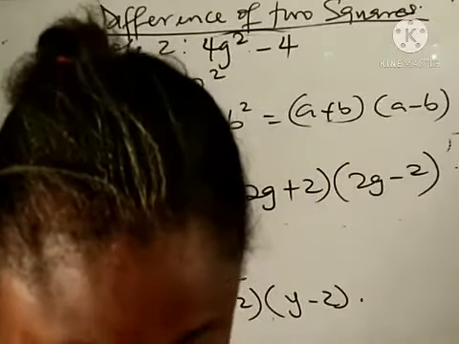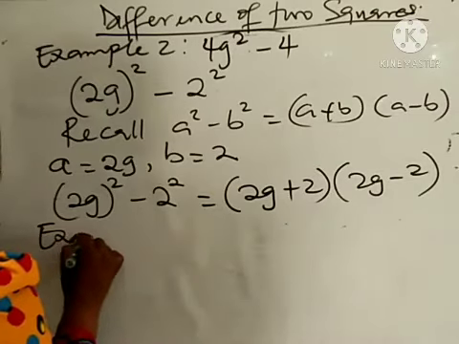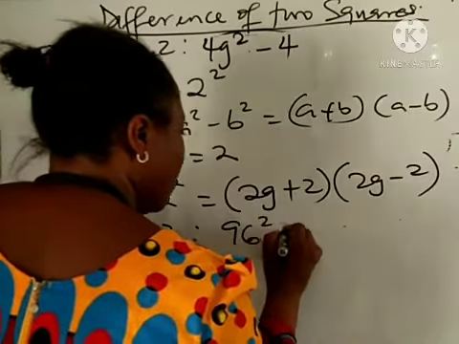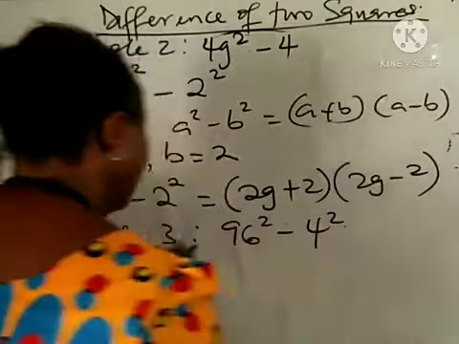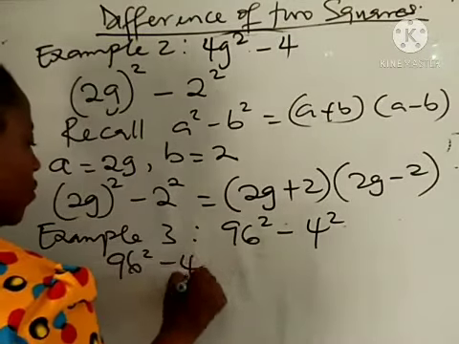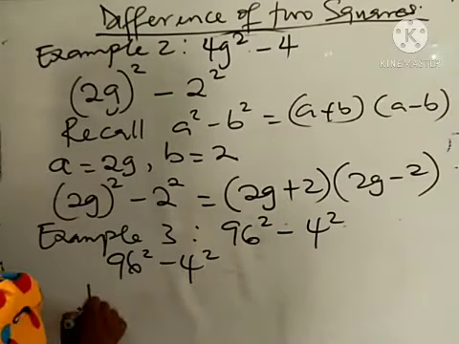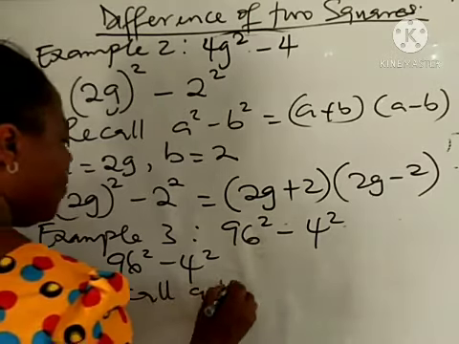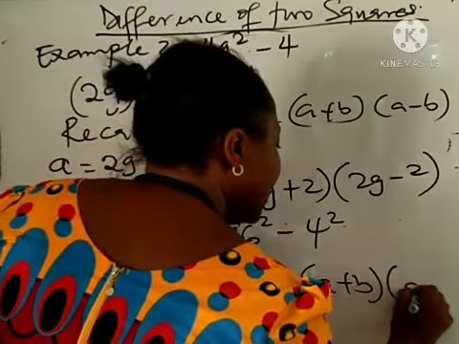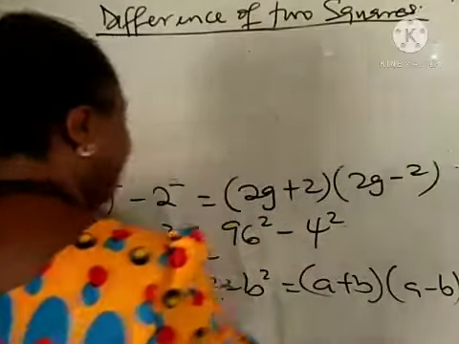Let's solve the last example that has to do with numbers. Example 3, we have factorize 96 square minus 4 square. So now, difference of 2 square. So this is 96 square minus 4 square. It's already having the square, isn't it? So I'll just tell them, recall, A square minus B square will give me A plus B, A minus B. So A plus B, A minus B. We now have, I'm going to